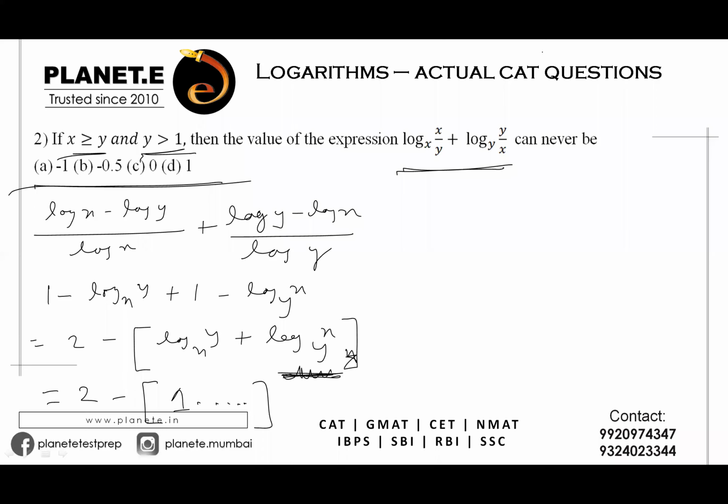So I'm sure you have got the answer now. Your answer is nothing but option number 4. So when you're subtracting a value which is a minimum of 1 point something something, right? You're subtracting it from 2, you are never going to get 1. So if it is 2 minus 2, you can get to 0. If it is 2 minus 2.5, you can get minus 0.5. If it is 2 minus 3, you can still get minus 1, but you will never get the value as 1. That is something that you're supposed to understand, because you're subtracting a value which is a little bit more than 1 on the minimum side. So my correct answer here will be option D, right?